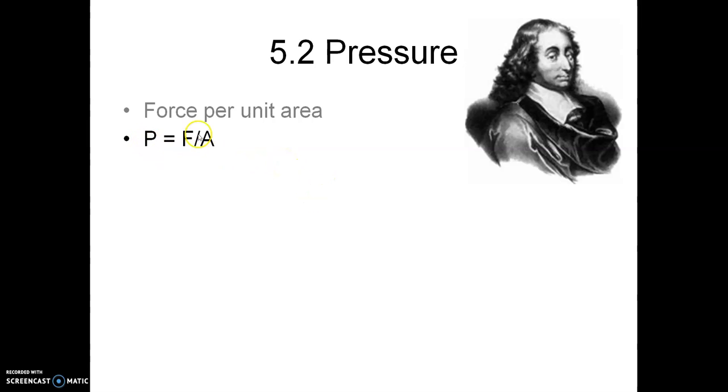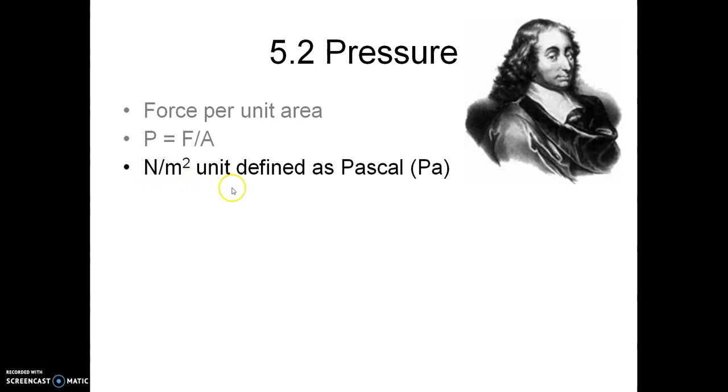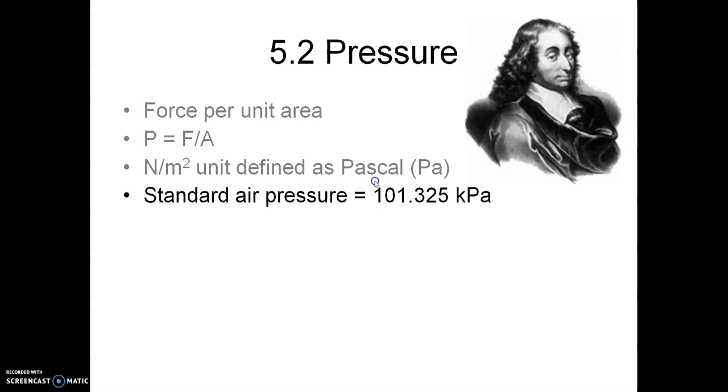The unit of pressure: force is in newtons, area is in square meters. So pressure is in newtons per square meter, which we're going to just give a name and call a Pascal. That guy up there is Blaise Pascal, the guy we named it after. So the SI unit of pressure is the Pascal, or Pa. Now, normal pressures are so high that we need thousands, tens of thousands, hundreds of thousands of them. So usually we tend to work in kilopascals instead.